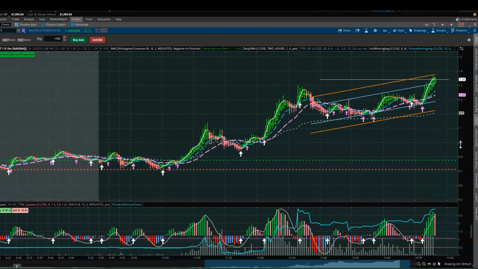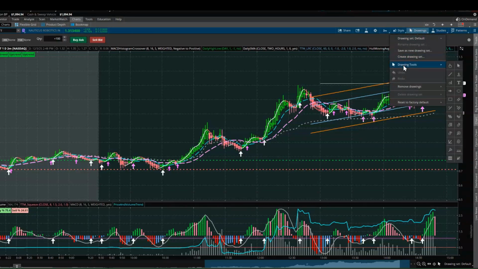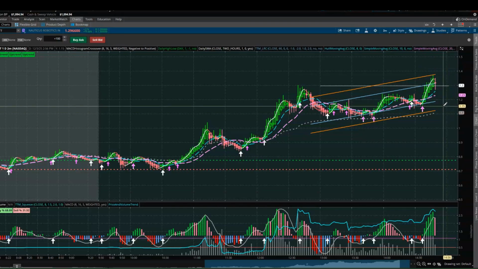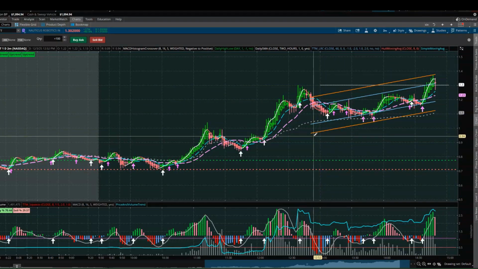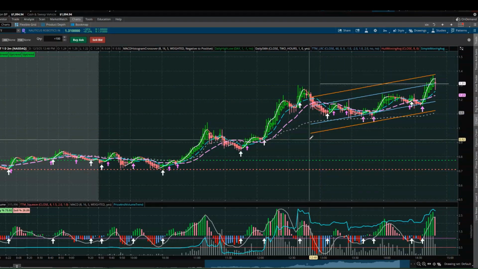Now, this is how I use the percent drawing. On the Thinkorswim platform, it is up here at the top. You'll see that arrow and the word that says drawings. So you click on that, click on drawing tools, and then down here, you'll see a percent sign. Click on that percent sign, and your mouse cursor turns into a pencil because it is a drawing. Now, the way that you draw this correctly